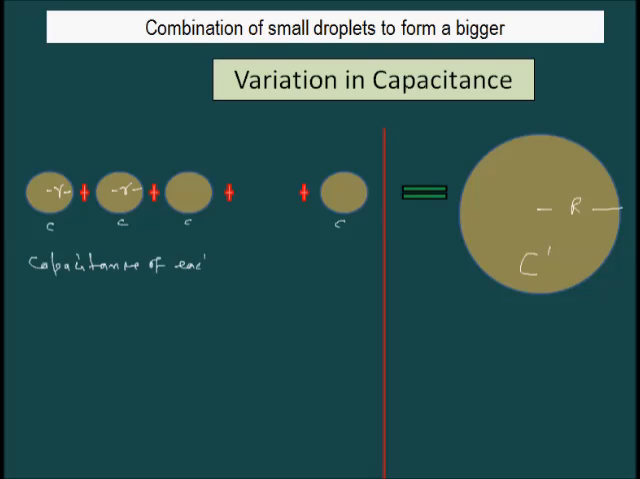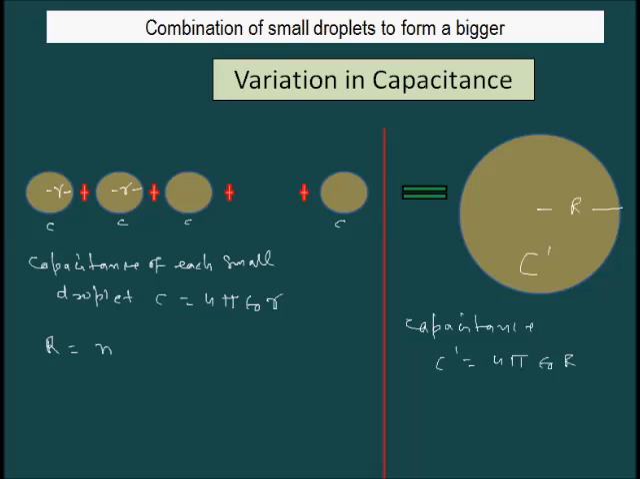Capacitance of each small droplet C can be given by 4 pi epsilon 0 r, as per the definition of a spherical conductor, and capacitance after combination will be 4 pi epsilon 0 R, the new radius,